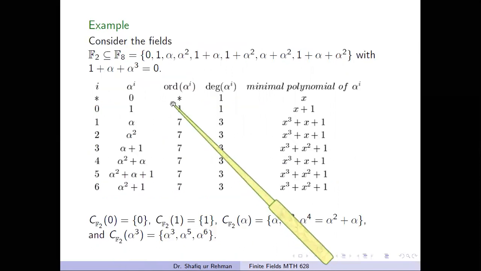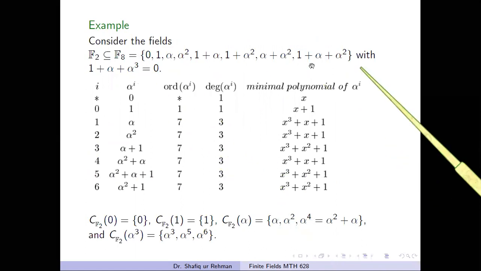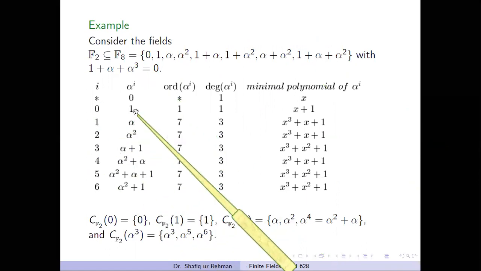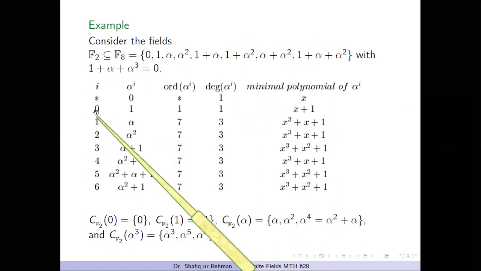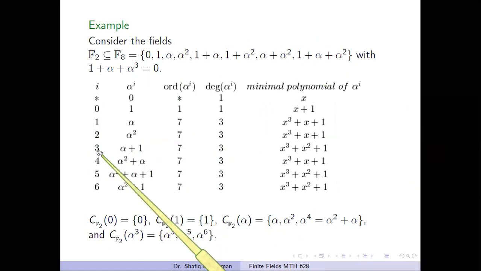And consider this example. Here F2 is contained in F8, which is given by this. And in this table, it is given that all the elements can be described as powers of the element alpha. That is, alpha power 0 is 1, alpha power 1 is alpha, alpha power 2 is this, alpha cube is this, alpha 4 is this, alpha 5 is this, alpha 6 is this. These are orders, these are degrees, and these are minimal polynomials. And from here we see that